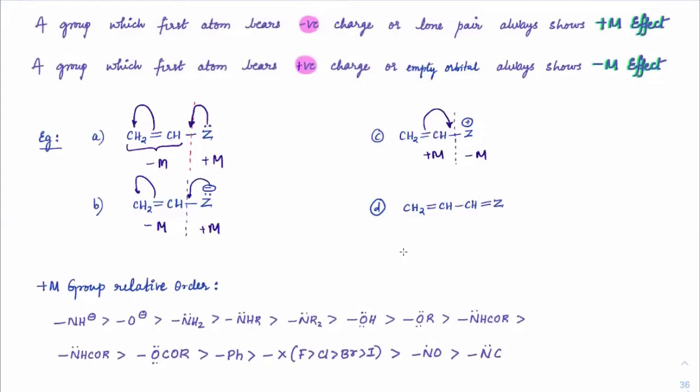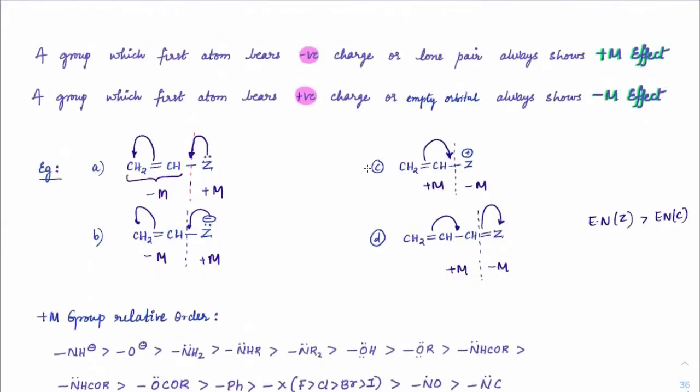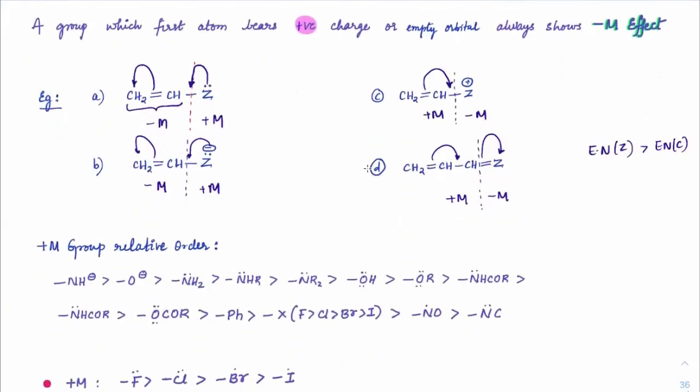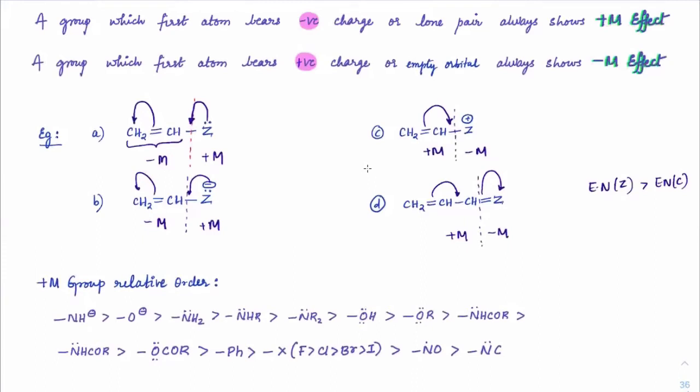Same way here, consider if Z is more electronegative than carbon in this case, correct? Then instead of electrons going onto the left hand side, they will move on to the right hand side. Now also we can say between these two species, this is a donating one, this is an accepting one. Okay, clear? Everybody understood this point? Just write these examples. What is plus M, minus M? And just show these 4 examples, everybody.